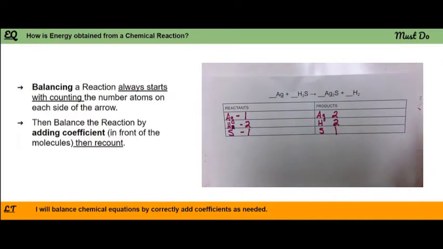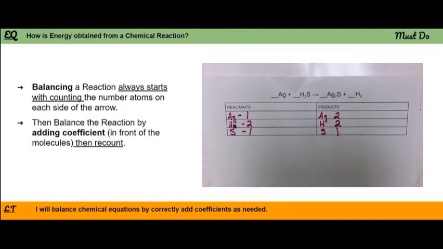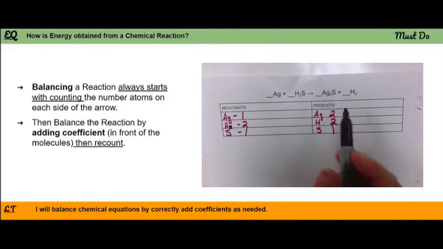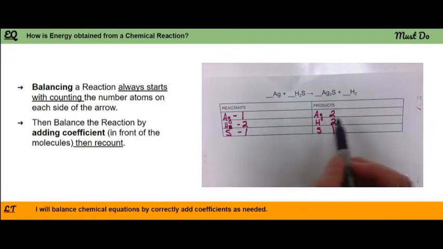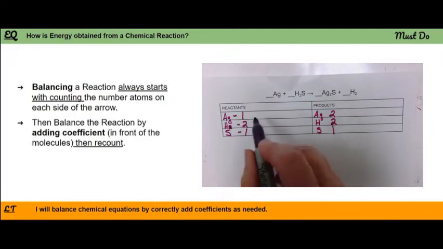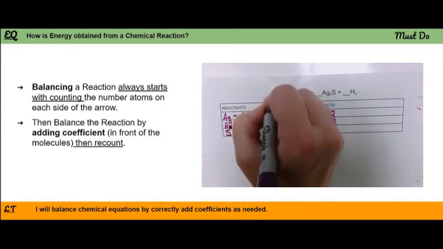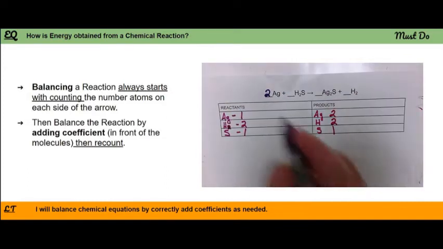Okay, so when we look at what we have here, we can see that the silvers don't balance. Okay, so remember, the first thing we do is we look at our metals, and our metal is the silver. Okay, and we try to balance those. So what times 1 would equal 2? And so that would mean we'd need to put a 2 in the silver on this side, and then we